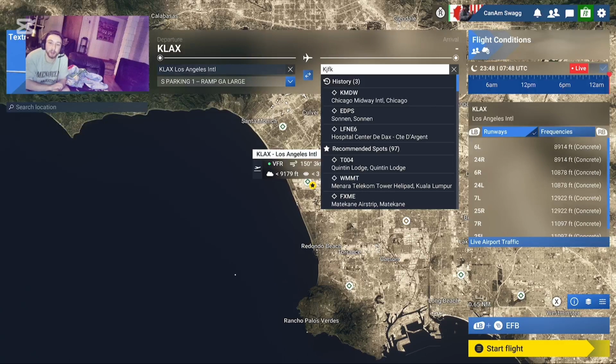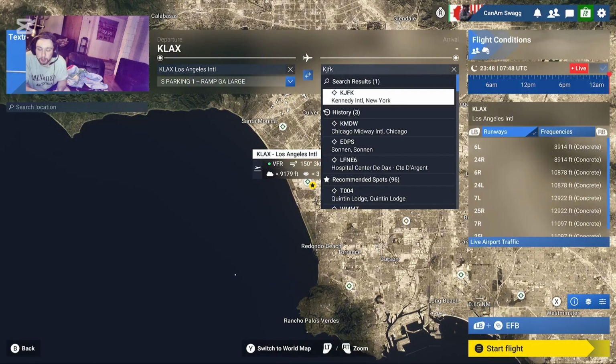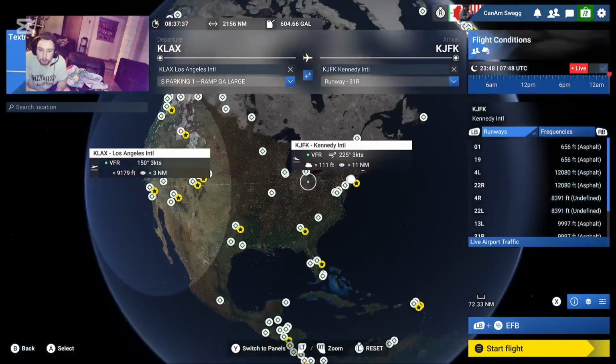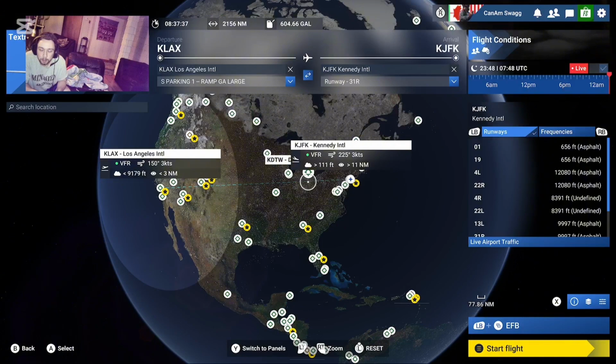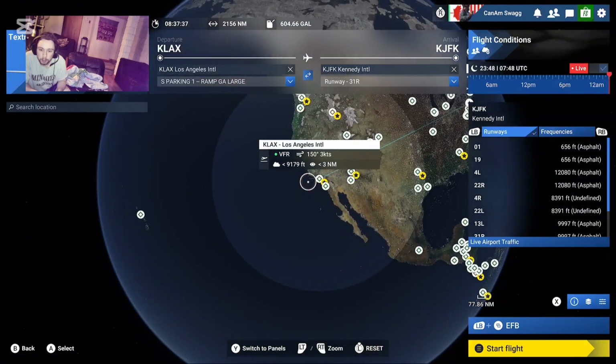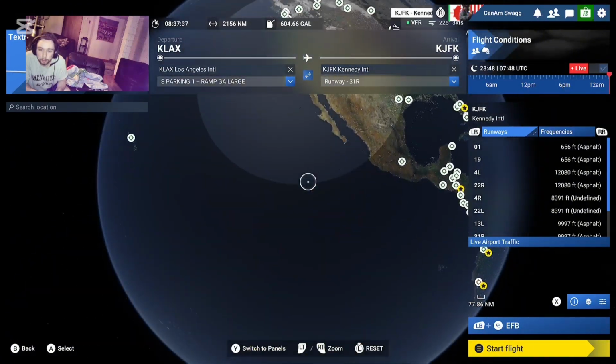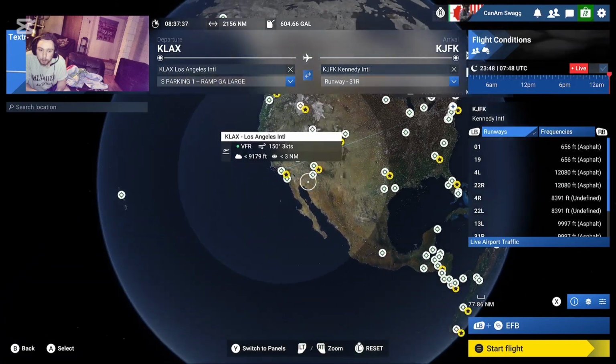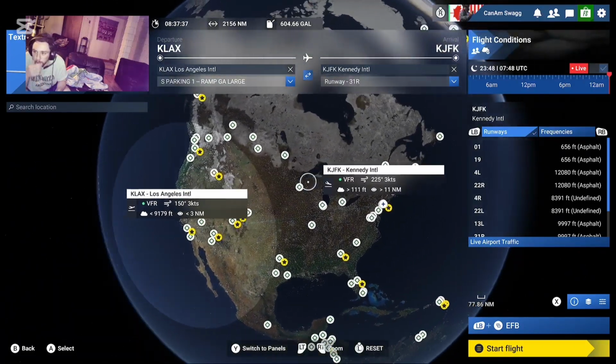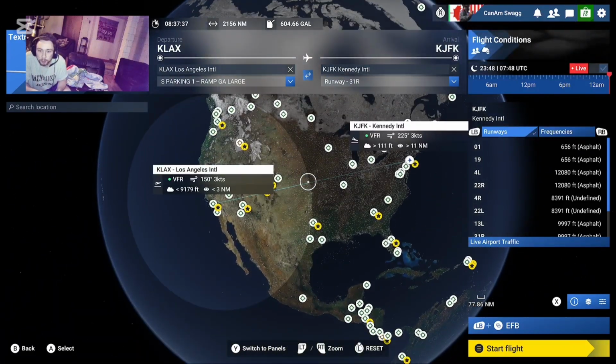There you go. So you'd put in JFK, John F. Kennedy Airport, and you'd have your flight pretty much set up. This is now just a direct route from Los Angeles to JFK. But we don't want to do just a